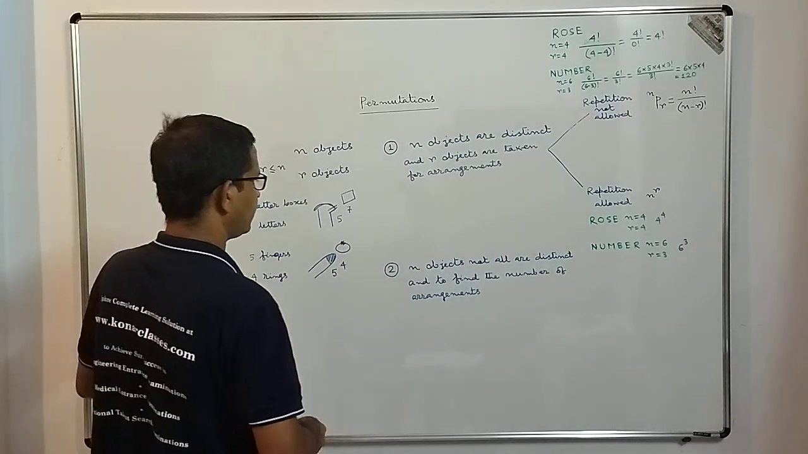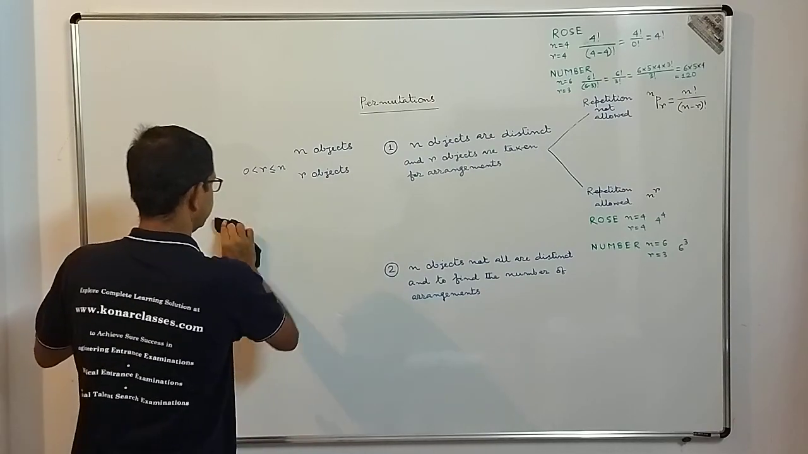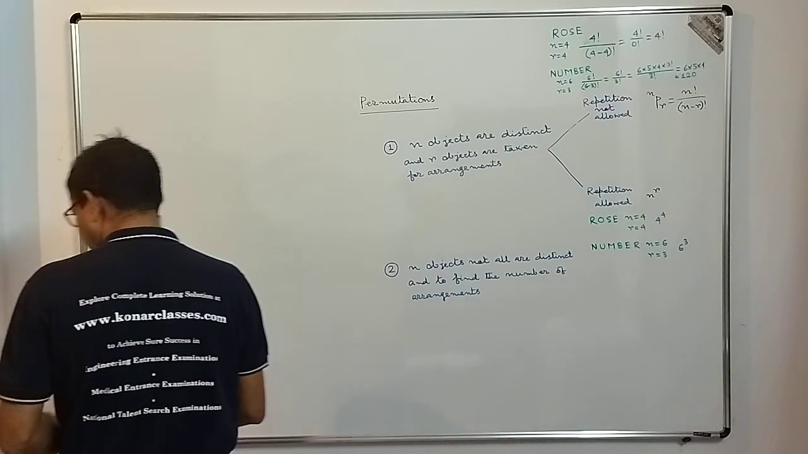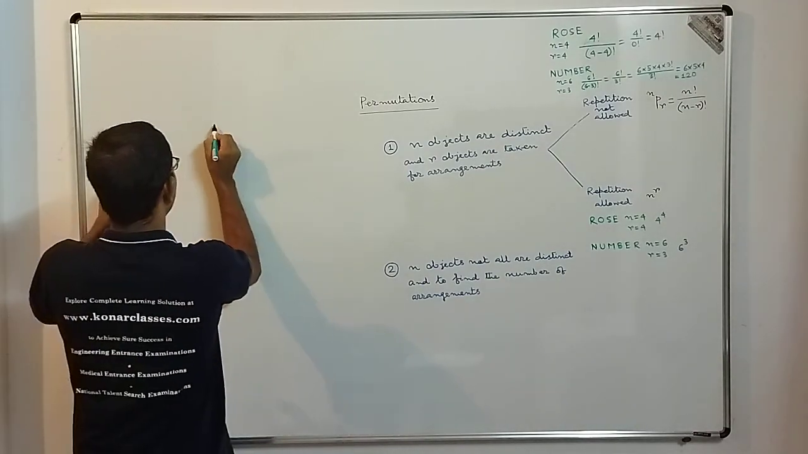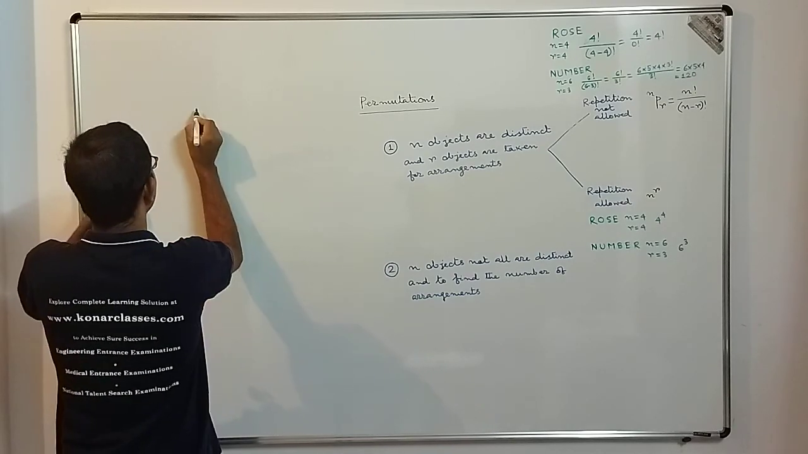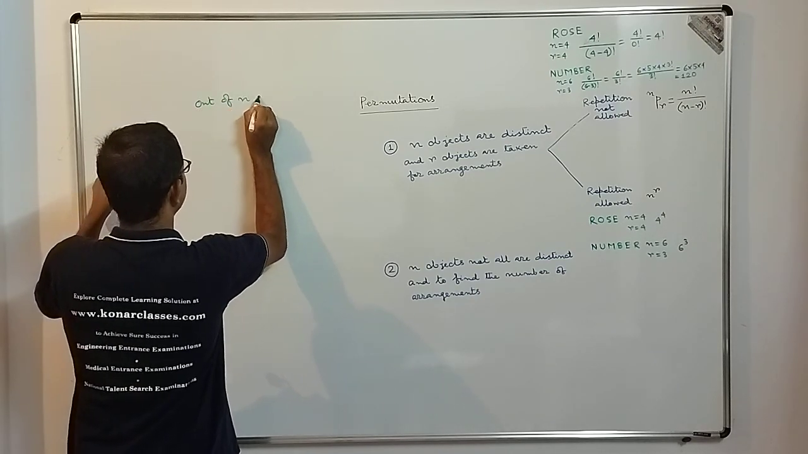So let me rub it off, so that we can discuss in details. Okay. So n objects, not all are distinct. That means out of these n objects,